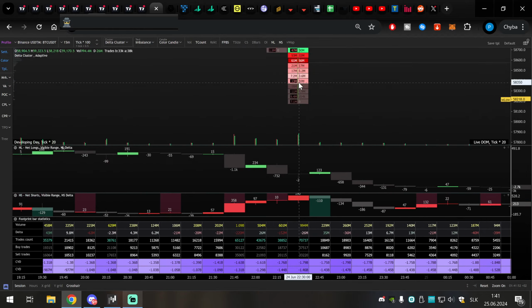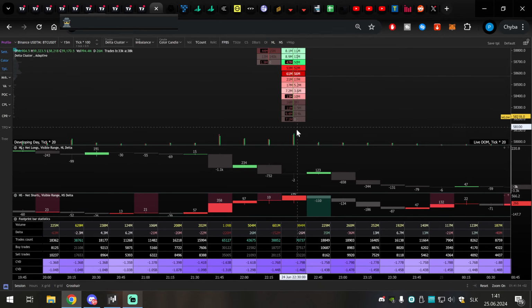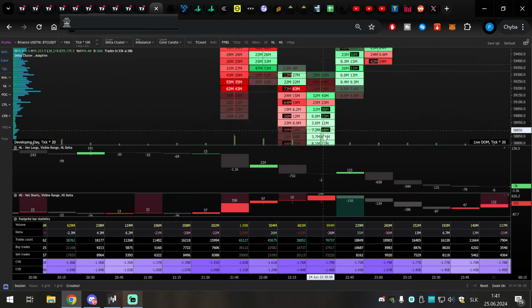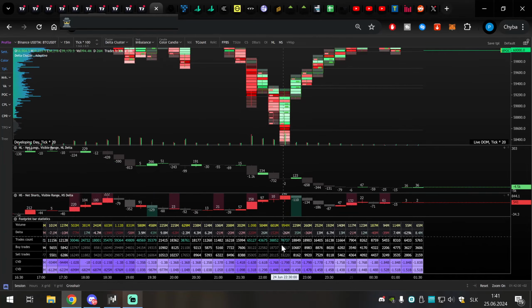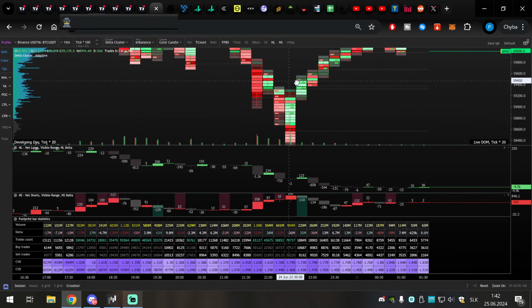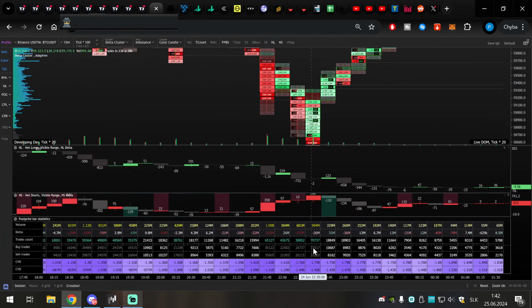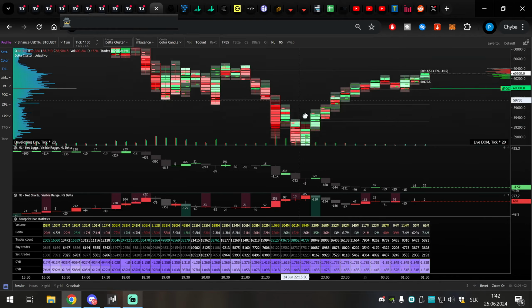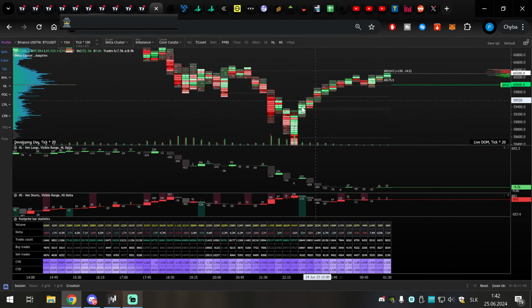What is it telling you? It's telling you sellers got absorbed at the lows, and market buying and passive market buying won over them. So really a great reversal candle for the higher time frames. Fantastic. And also massive market participation. Okay, so that's great. That's why we are getting intraday potential.